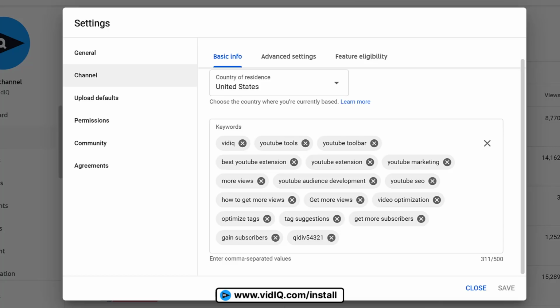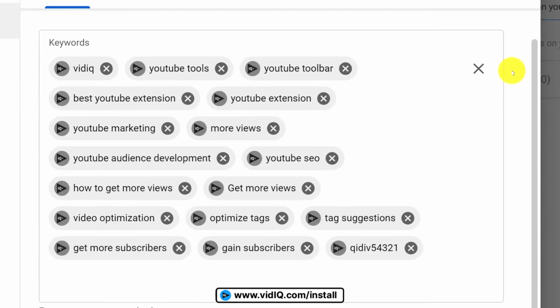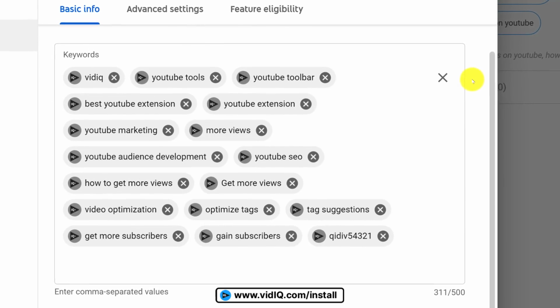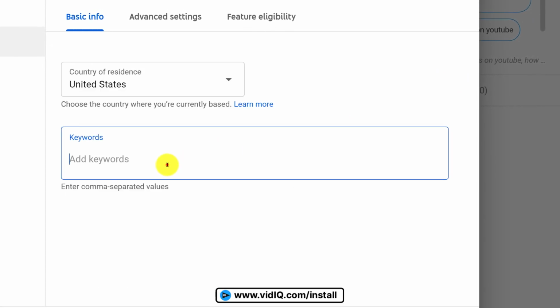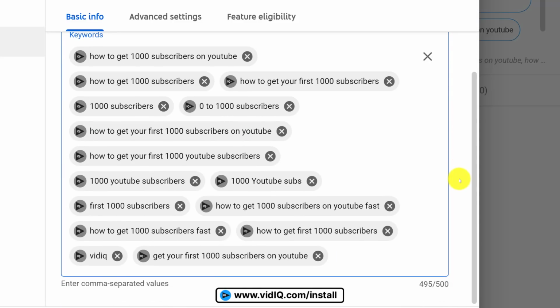And so when we see empty boxes that suggest that we put keywords in there, you bet your bottom dollar we're going to do that, irrespective of how unimportant YouTube tells us they are. So, cards on the table, I have no idea how important this setting is. Probably not very, and I haven't updated these in years. So in the interest of science, I'm going to replace what's here with video tags from one of our How to Get 1,000 Subscribers videos, since they always do so well. I'll let you know if anything earth-shattering happens.